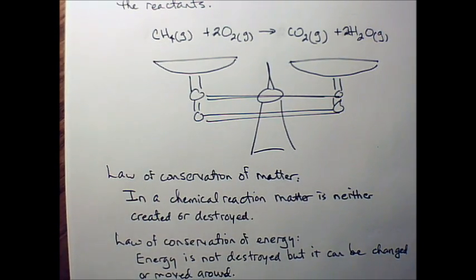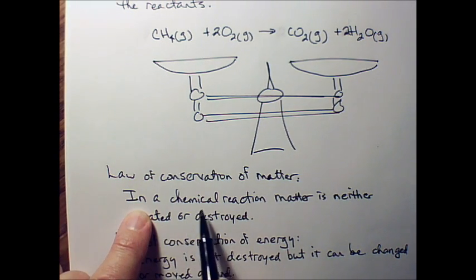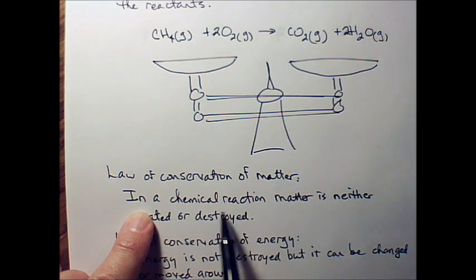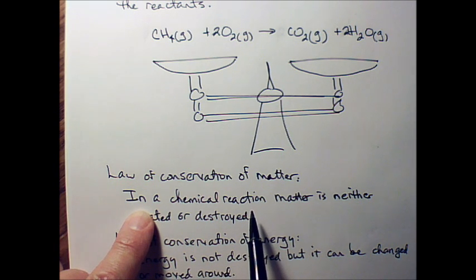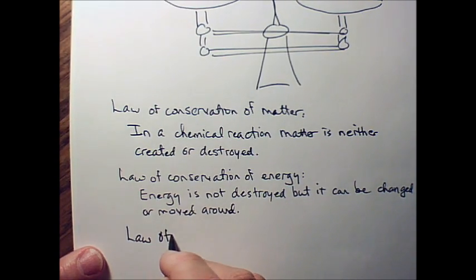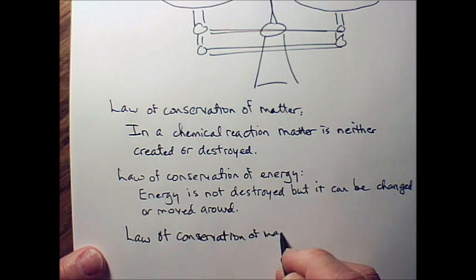All right. So, because we can change matter into energy, then these two laws don't work anymore as they're written. Well, actually they do, because I was careful about saying in a chemical reaction. As long as all we're doing is a chemical reaction, you don't change matter into energy. You have to do a nuclear reaction to change matter into energy. But that brings us to the law of conservation of mass energy.